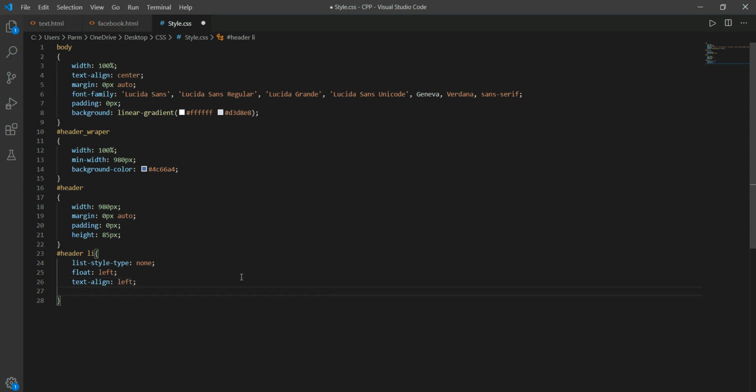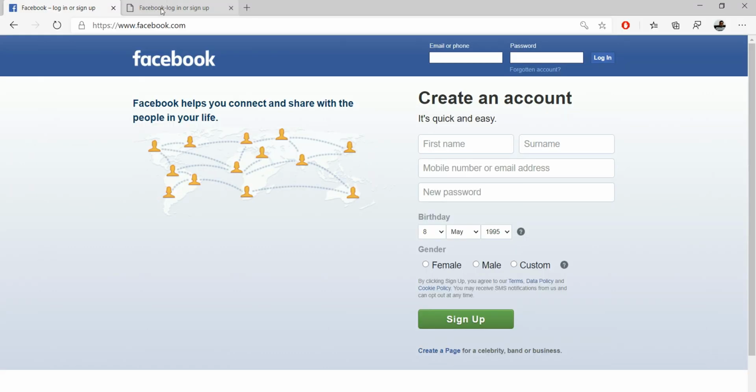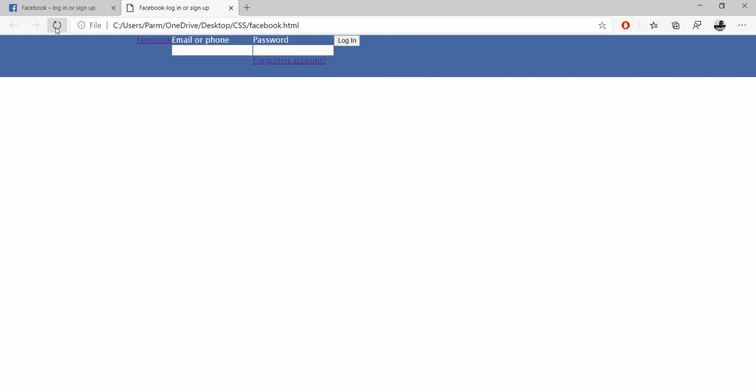And here the color I have to give is, if we see, white. I'm just saving this and seeing the changes, refreshing it over here. It's done. White color is applied to this.